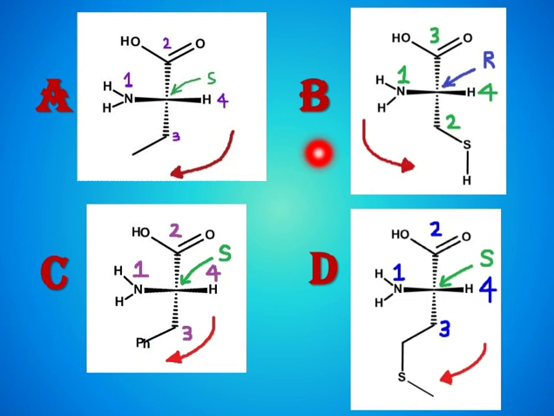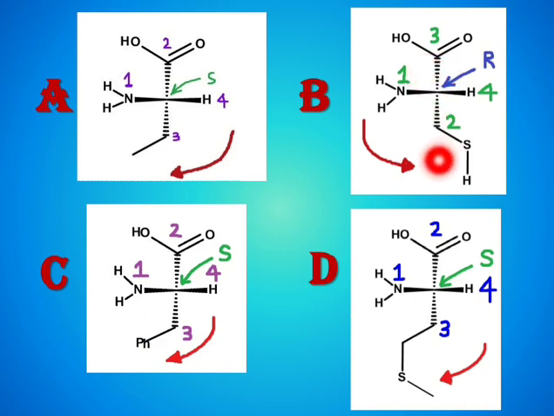Similarly, I have given priority to all the groups in structure B. You can see nitrogen gets first priority, and then again we have to decide between this carbon and this carbon, which will get the higher priority. This carbon number 2, which I have given the second priority, is attached to 2 hydrogens and 1 sulfur, whereas this carbon is attached to 3 oxygens. You might think that this carbon, since it is attached to 3 oxygens, should get the highest priority, but no.